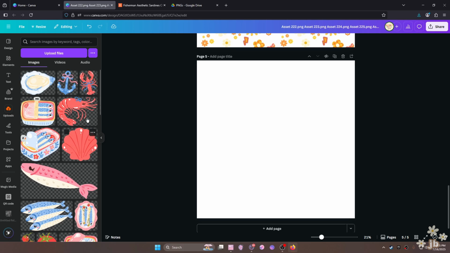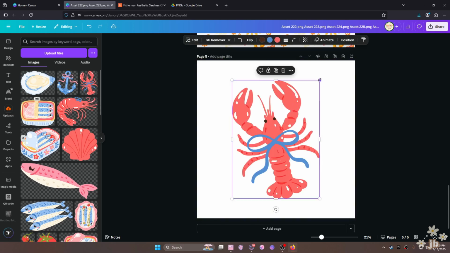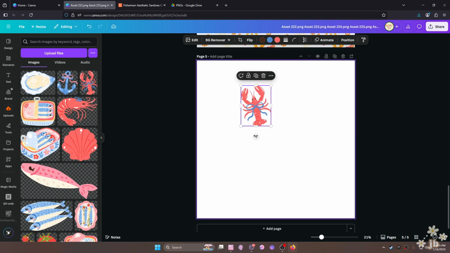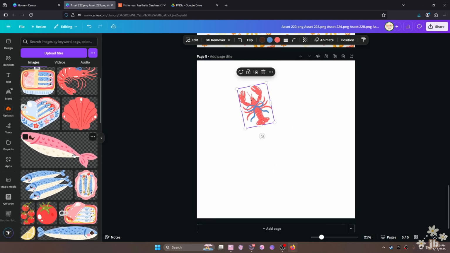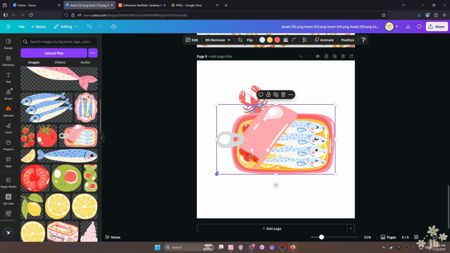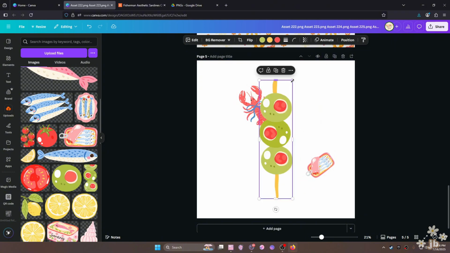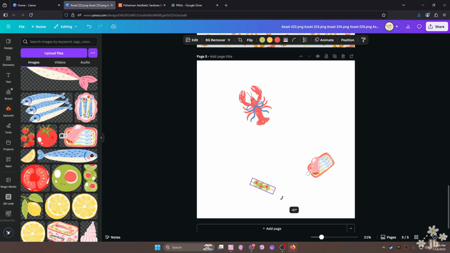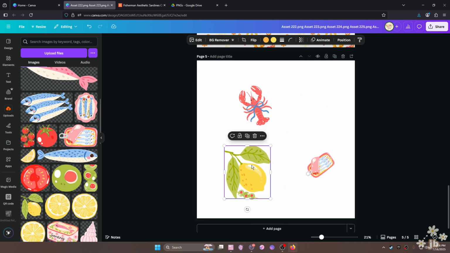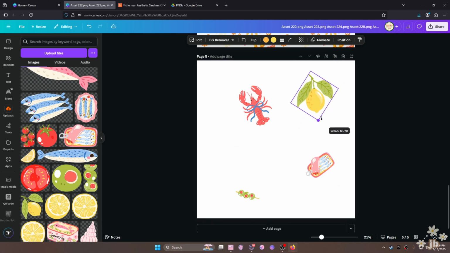So I want to start with, for sure, a lobster, because this lobster is just adorable and very trendy right now. And then let's throw in some sardines or anchovies or whatever these beauties are. Let's do some olives, make them tiny, turn them this way for some visual depth. Maybe do a lemon. The nice thing about buying a set of PNGs like this is that they all match in style,